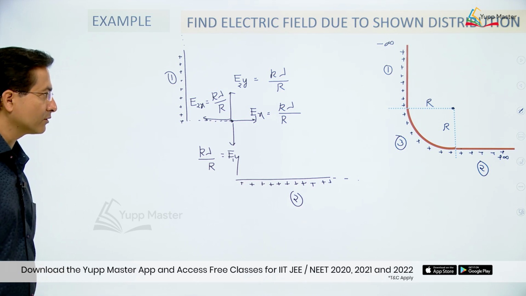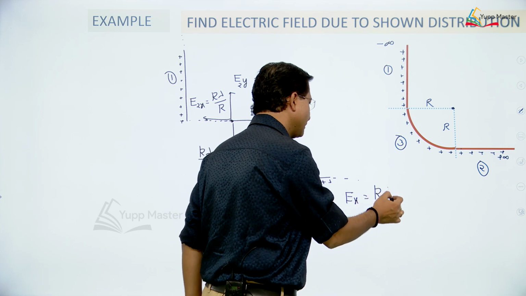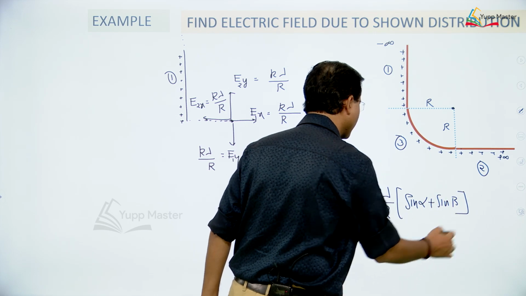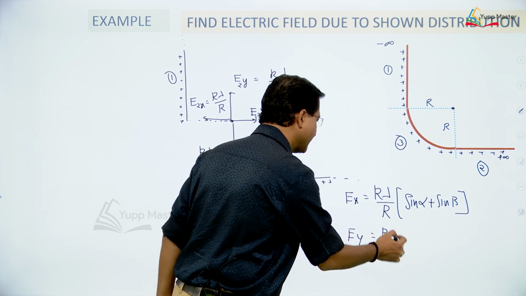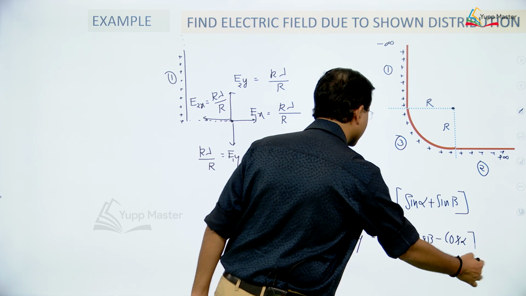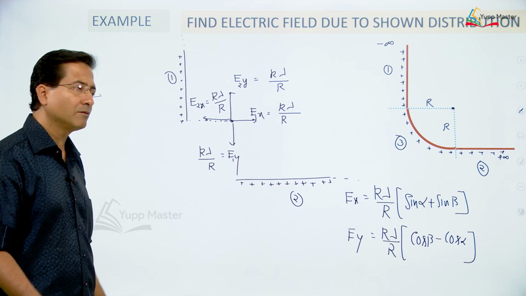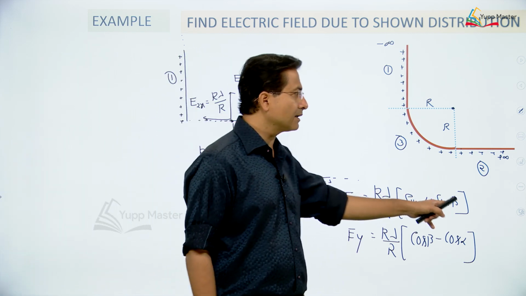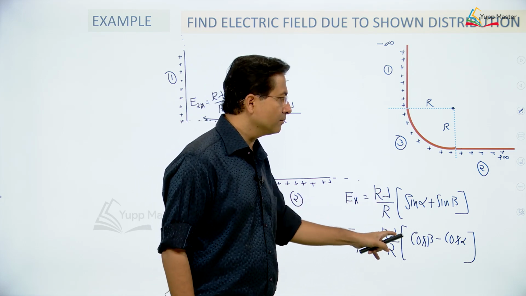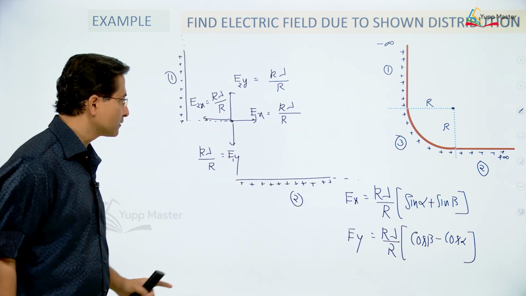I hope you are understanding what we are doing. We had the formula: x component k lambda by r in bracket sin alpha plus sin beta, and then we had the y component as k lambda divided by r in bracket cos beta minus cos alpha, right. What I am doing for a semi-infinite wire, one angle will be 0, another angle will be 90 degrees. So if you substitute one angle 0 and another 90 degrees, then one component will come k lambda by r, and another component will also come k lambda by r. One angle is 0, another angle is pi by 2, right. Just now we have discussed.